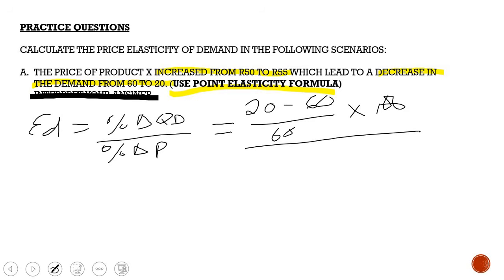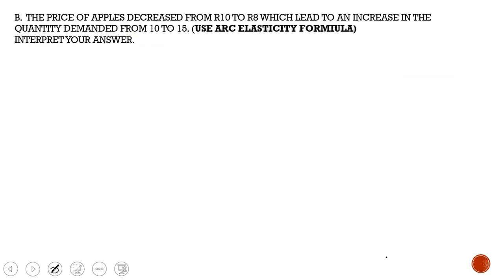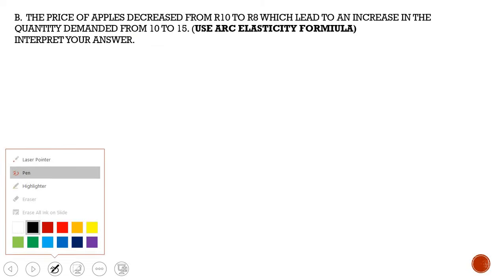Price increased from 50 to 55. So the new price is 55 minus 50 all over 50 times 100. And this will give us minus 20 over 3, which is minus 6.67. Now, whenever you answer these questions, make sure it's not in fraction. Okay. And they usually tell you how many decimals to round off to. Okay. Next one says the price